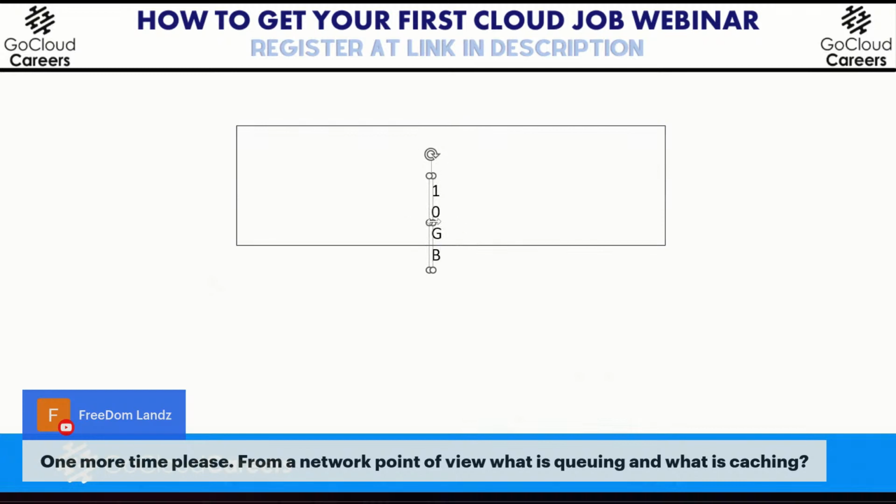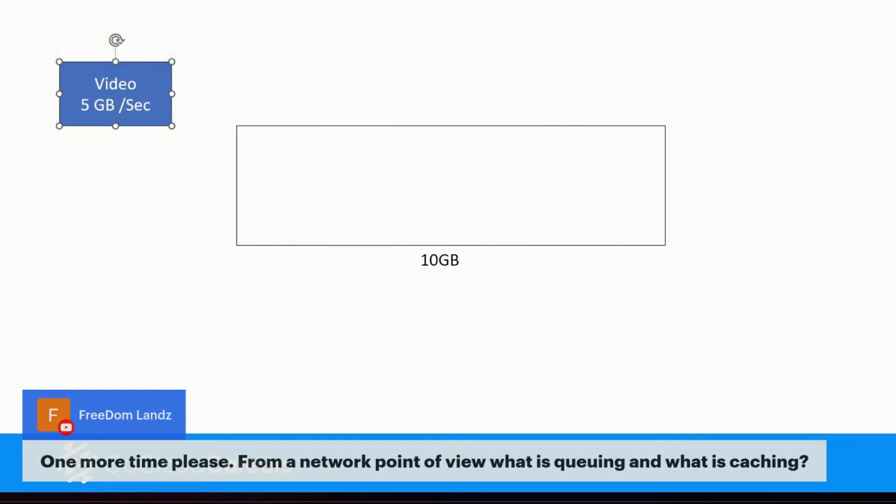So let's say we've got a 10 gigabit link. It could be a cable from switch to switch. It's typically a wide area network, but this is 10 gigabit. And let's say we've got uncompressed video that's realistically 5 gigabit per second. And then we have business work.